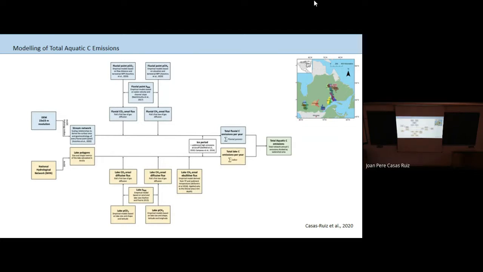Absolutely. We could use a simplified framework. It doesn't have to be based on size and shape, but only on trying to predict the expansion and contraction of the network. I've seen some examples in single watersheds, but extrapolating these to large areas is not easy. But there are a lot of people working on this, because drying systems matter for many reasons, not only for carbon, also for fish dynamics. More questions?